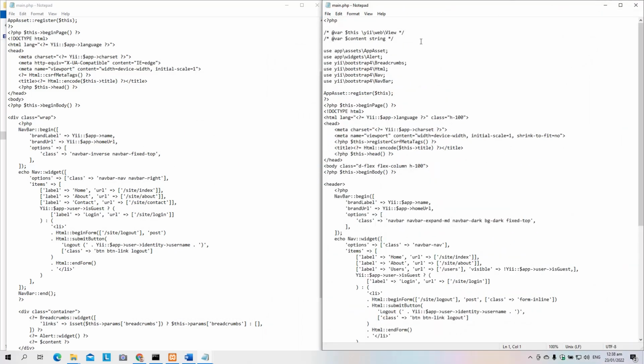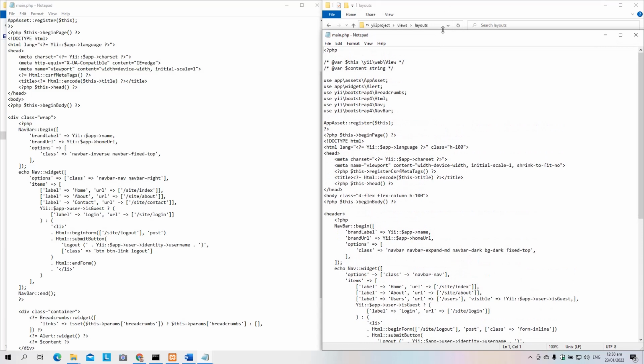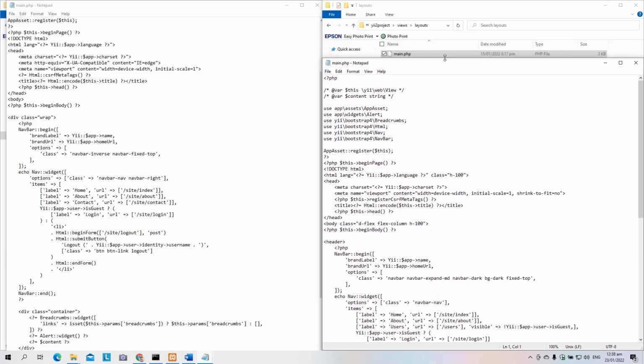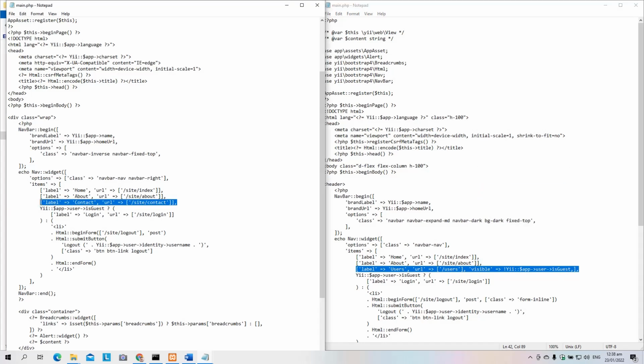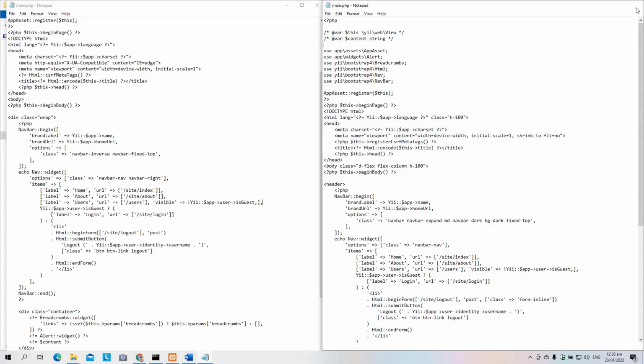So we're opening the views layouts main.php file, and from here we're going to copy this one and paste and replace the contacts row. Okay, let's delete this, right click and paste and save. Let's close this one